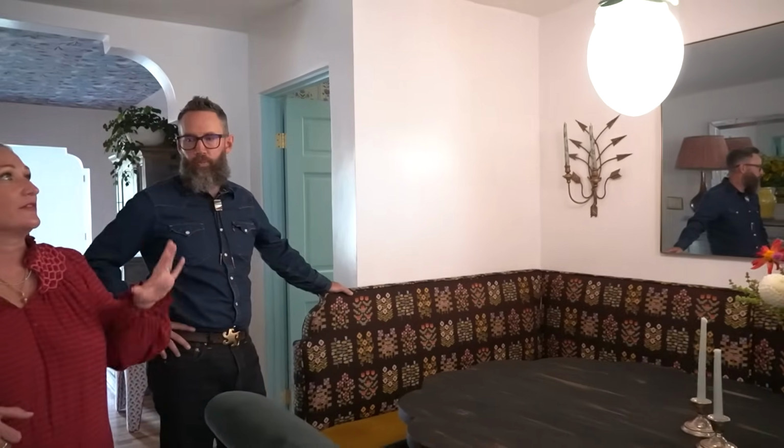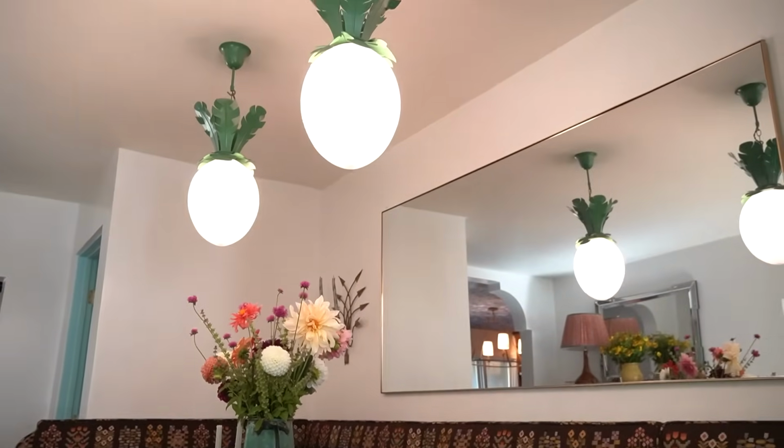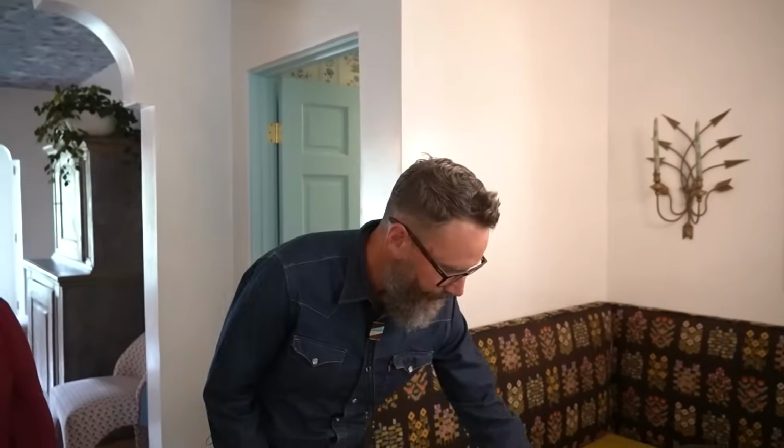And then we have these great lights from Beata Human, which we love. They're the dodo lamps, which are so fun. But a little more on this table. This